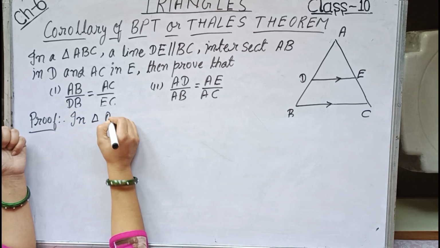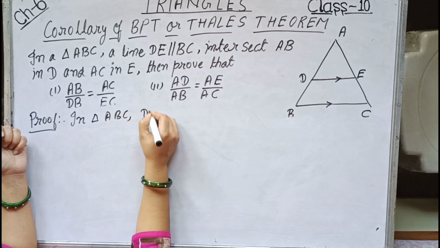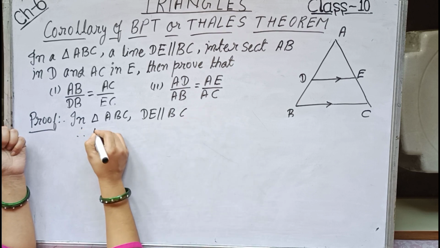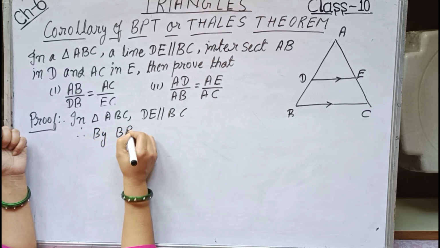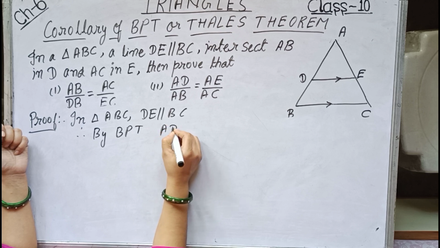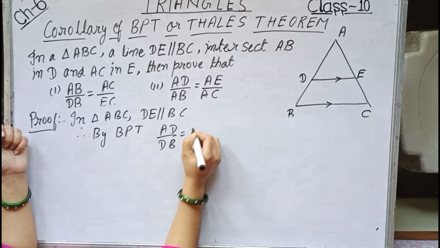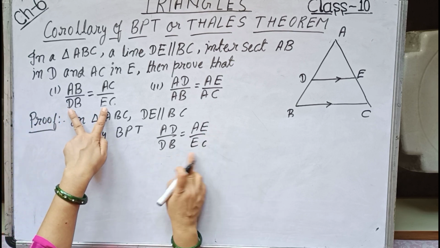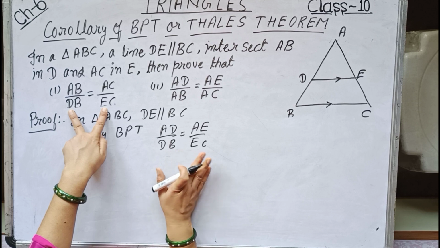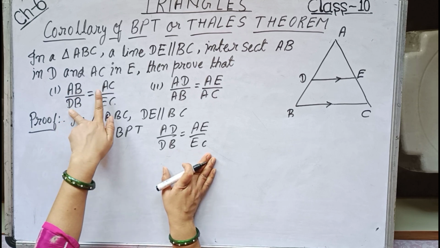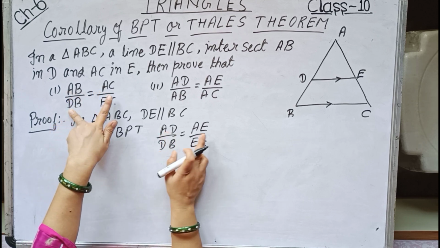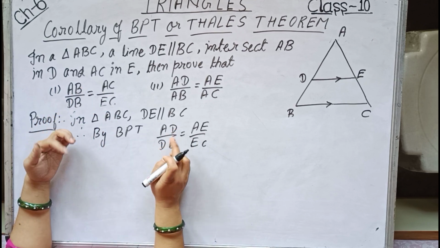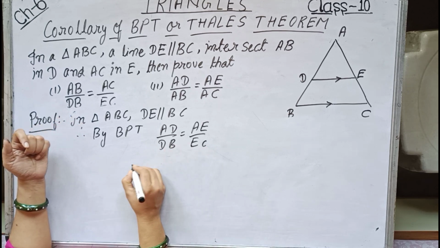In triangle ABC, DE is parallel to BC. Therefore, by BPT, AD by DB equals AE by EC. Take care, DB and EC are the denominators which I want to keep; only the numerators we have to change. I mean AD has to be changed to AB and AE has to be changed to AC. Also note that AB is more than AD, and we can get more by adding 1. So this implies